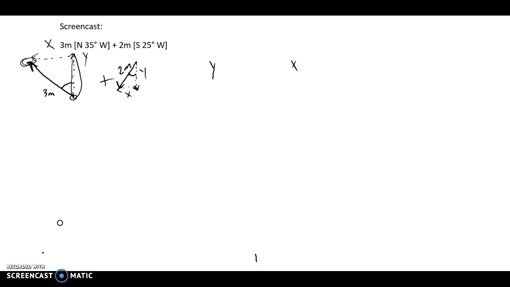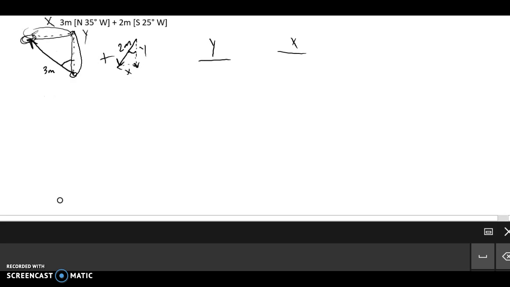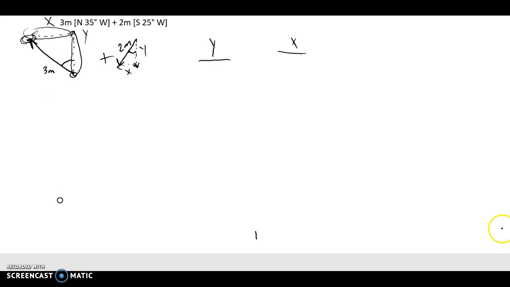Now, we have to use SOHCAHTOA to find the length of the x components and the length of the y components. Then from there, add the magnitudes of those, and essentially that will give us our results. Now let's figure out how to do that. The way we do that is using SOHCAHTOA. So I'm going to redraw these triangles, or these vectors. There's my north component, there's my west component, and here is my 3 meter long vector with a 35